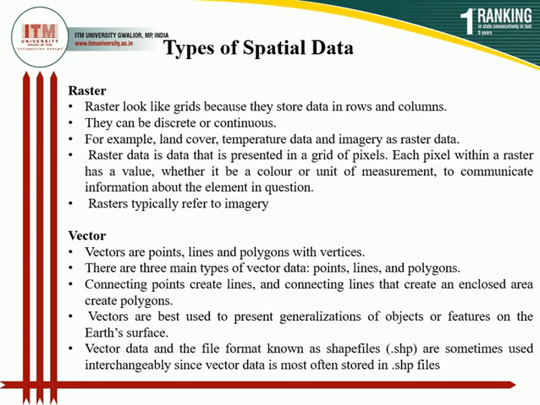There are two different types of spatial data. One is the raster data and the second one is the vector data. Raster data are basically the data which are in the form of pixels, means they are divided into a grid form of rows and columns. They are basically used for representing a discrete or continuous land pattern like elevation, slope, or a particular area. This raster data basically includes line and point.